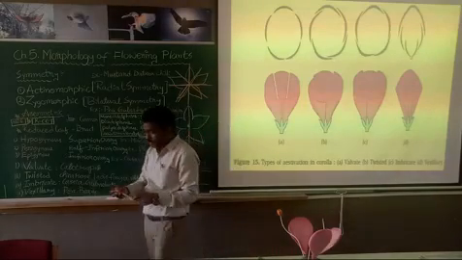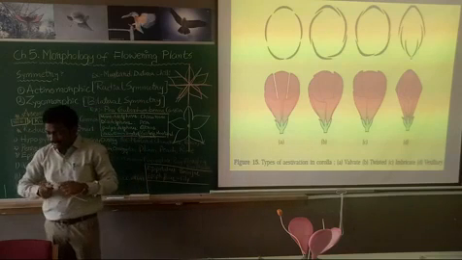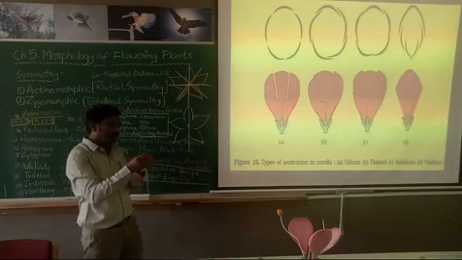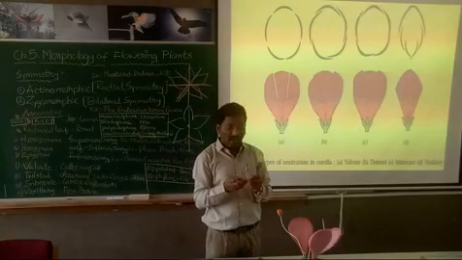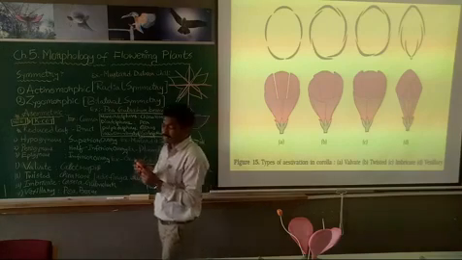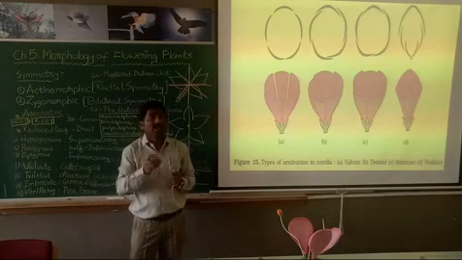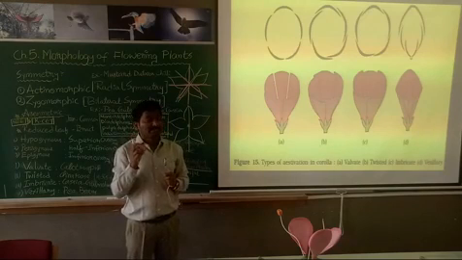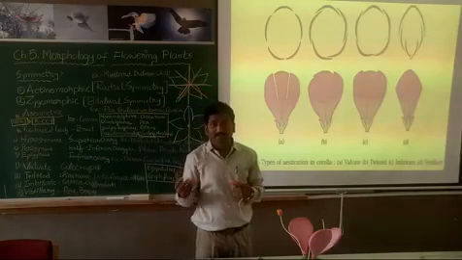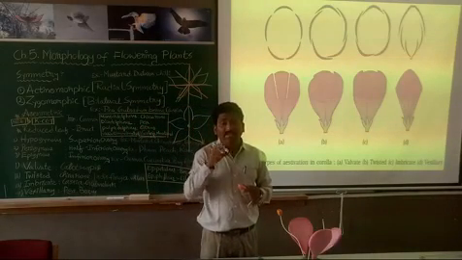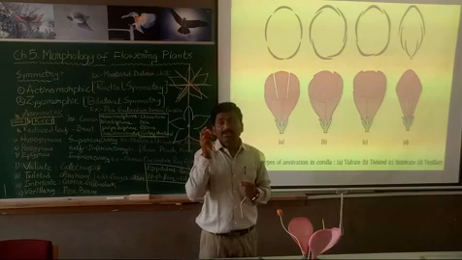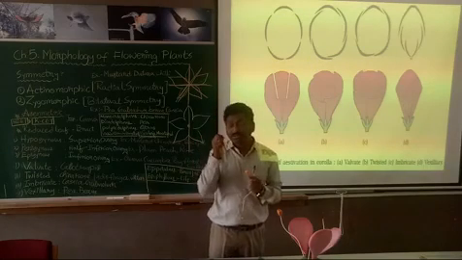Bilobed nature. Here, one more interesting thing: there are pollen grains. These pollen grains represent male gametes. These male gametes are produced in the anther only, in specific parts called pollen sacs. There are specific parts present in the anther, called pollen sacs. In those pollen sacs only, pollen grains are produced. I think you remember the second chapter, sexual reproduction in flowering plants. In that you have seen a young anther of a flowering plant, right? In that young anther you have seen pollen sacs, no? In those pollen sacs only these pollen